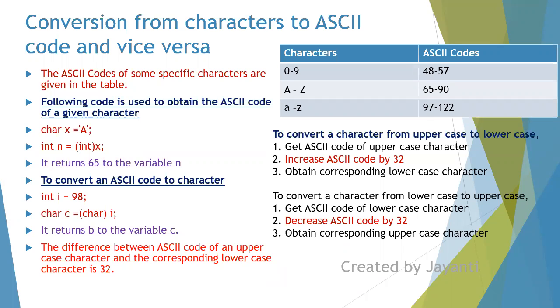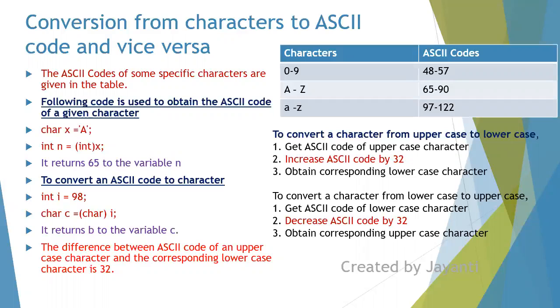So if you want to have your own program, मतलब तुमको अपर केस से लोअर केस करना है कैरेक्टर बाय कैरेक्टर, you can actually do, you get the ASCII code of upper case, increase the ASCII code by 32, मतलब plus 32 करो and you will be getting a lower case character. मतलब तुमको अपर केस से लोअर केस करना है, you don't need to use wrapper class, you can directly use a program where you are writing that you are trying to convert it into lower case, just increase the code, मतलब integer value को plus 32 कर दो.